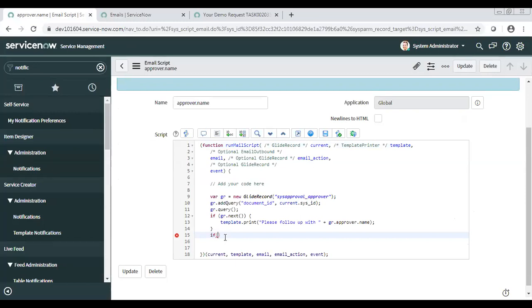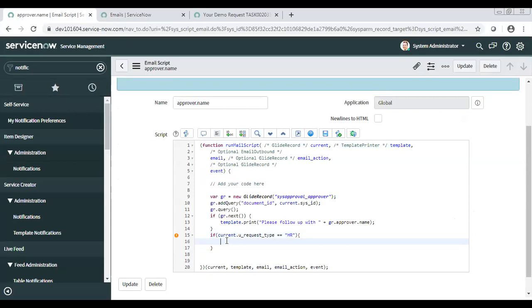Then only. So what I can do, I will use if current dot request type, request underscore type, equal to HR, and then I want to print this line, else it will not print.